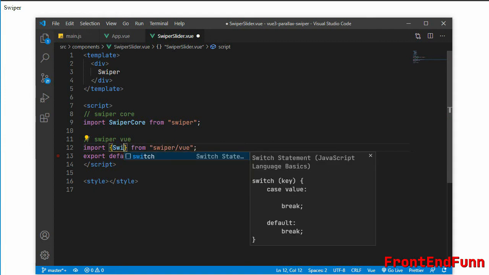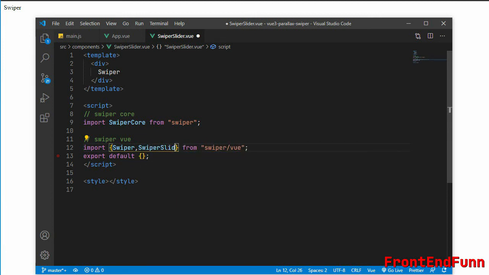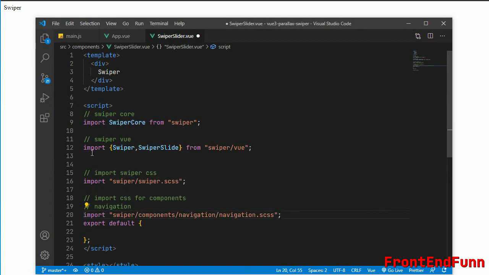Here we need Swiper and SwiperSlide. Next we need to import the swiper.scss. You can also import the CSS file, but I will be using SCSS for the navigation as well as the core. Let me copy this. For the navigation, we are importing from navigation.scss, and swiper.scss for the Swiper.